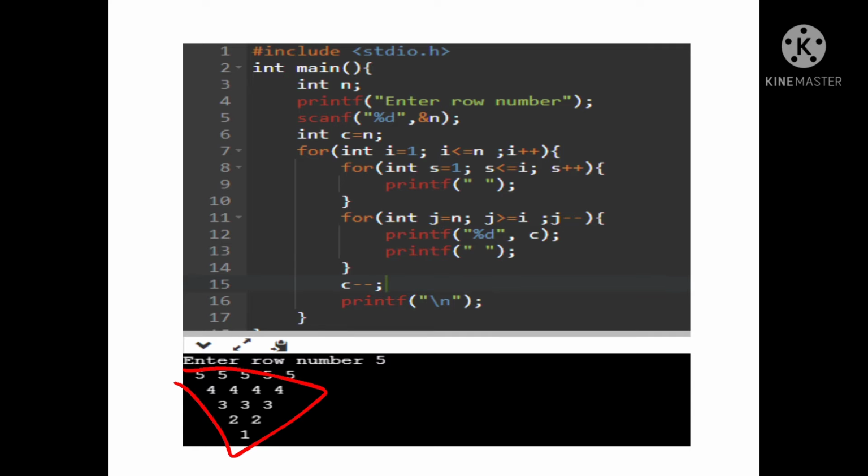I have used a variable c here and initialized the value of c with n, the row number. As I have provided the value of n as 5, c will also get the value 5.